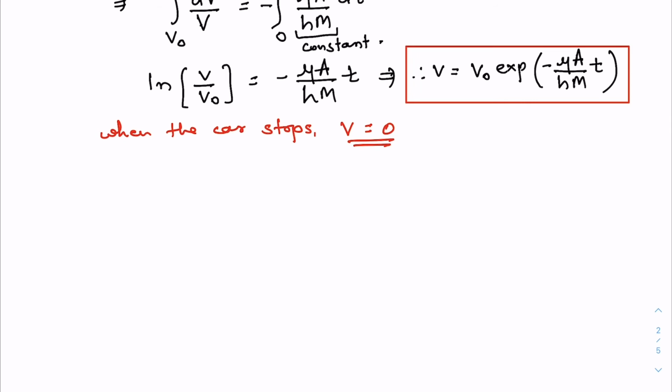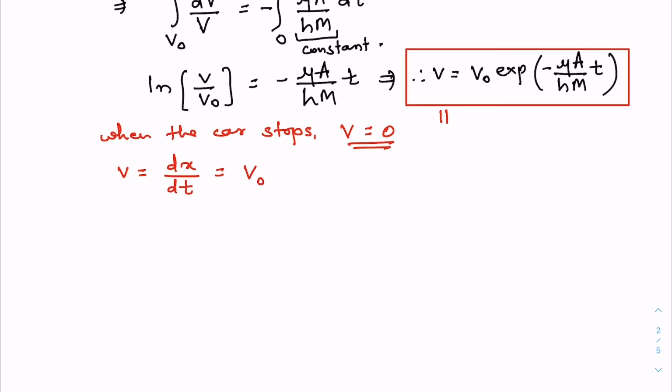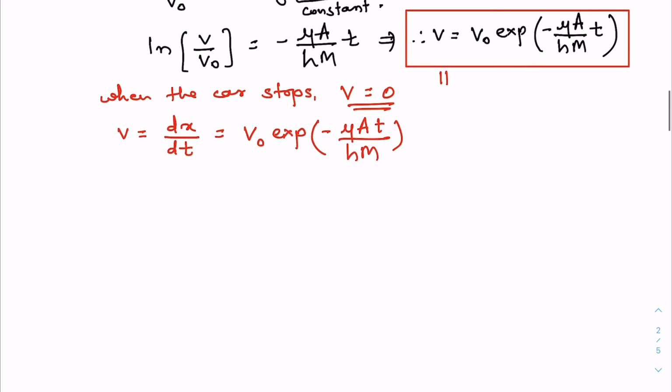And now since we have the expression of velocity, velocity is nothing but the time derivative of distance, which is equal to v naught times exponential minus mu a t divided by h times m. Again, this is an ODE for x, which is the distance the car travels. So if we integrate it,